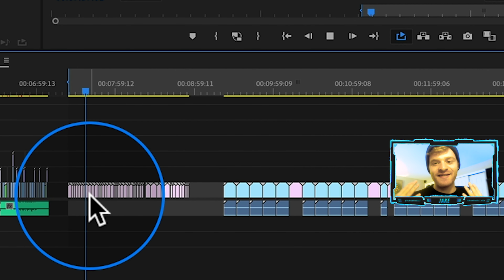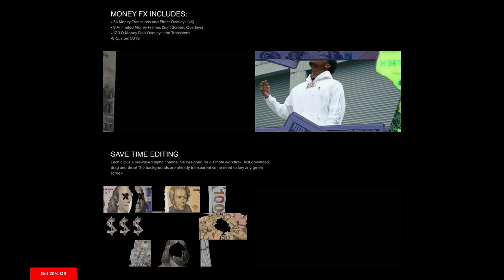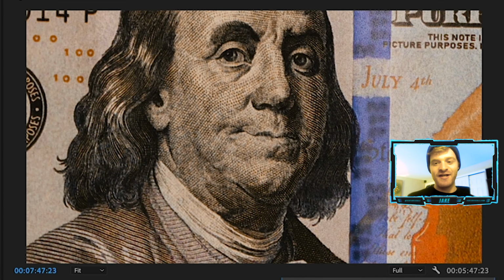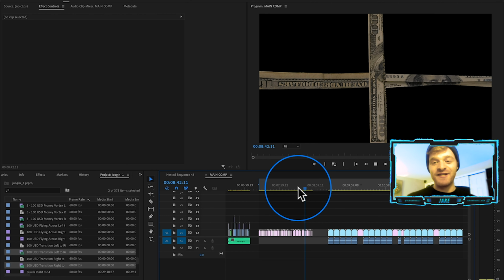Now this first pack is the money effects pack done by Cinepacks. I'll include a link to this pack down below. And it's got a bunch of really cool 2D stop motion type money animations that are going to look really sick over some of our footage. With that being said, it also has some more fluid money clips, like you can see here, where the money is just falling into the screen, wiping across the screen. So there's a lot of uses in this one pack. It really has a lot of bang for your buck, and I've been really enjoying using it on my more